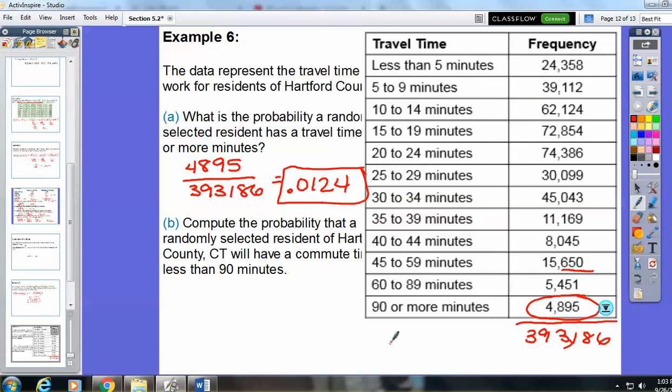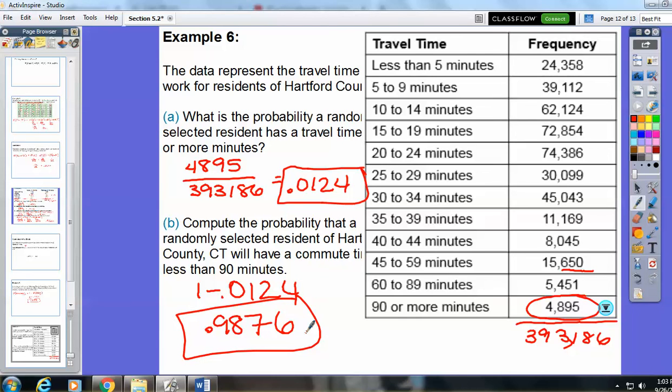You have to be one or the other. You're either less than 90 or you would be 90 or more. I just found the probability that it's 90 or more, so the complement would just be 1 minus that. Wow, look at us. So smart. And so that